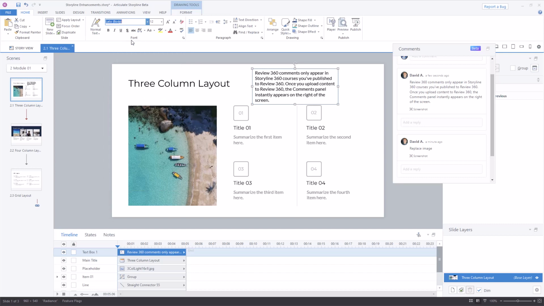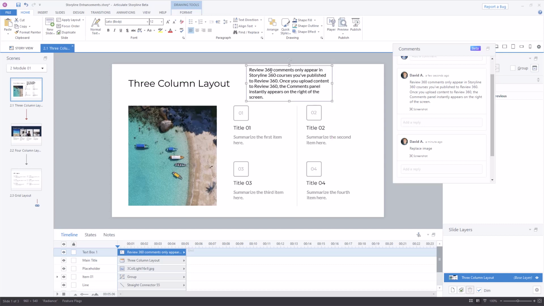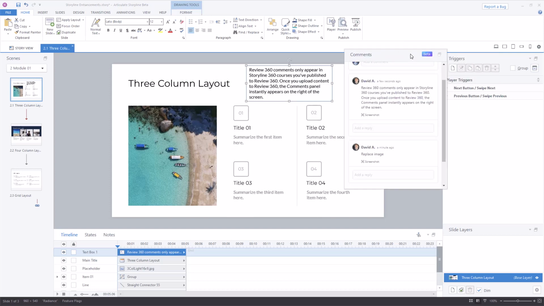There might be two versions of it, but notice now it's part of the body text. And so if I make any changes to the course theme fonts, that's going to get updated too as well. So you want to make sure you align that text that's inserted with the current text of the project. But again, popping this panel open is going to make it a lot easier to view the comments.